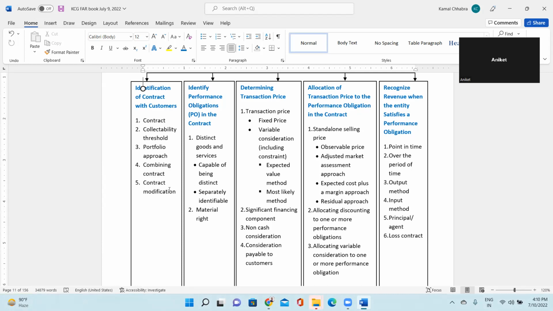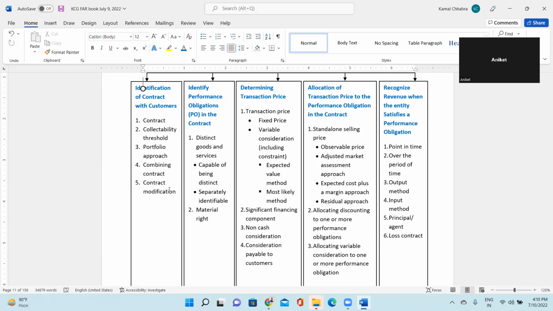Cool. So this is step 3, determining the transaction price. Step 4 is allocating the transaction price to the performance obligations. So in step 2, we have identified, let's continue with the example of a car sale, right? Along with the car, you will be getting, let's say, a 1-year warranty, insurance, road tax paid, and certain accessories. And in a lump sum, you paid $50,000. So these are the 4 performance obligations.